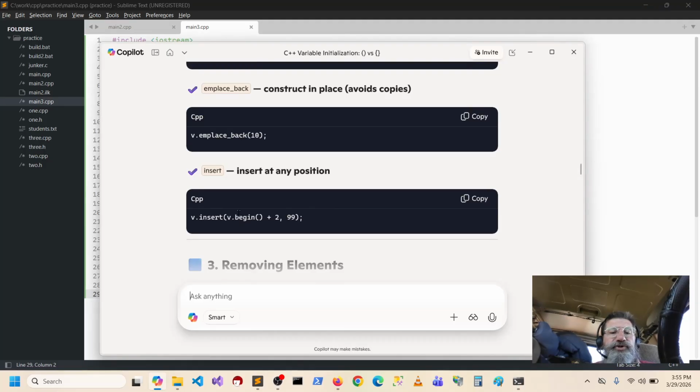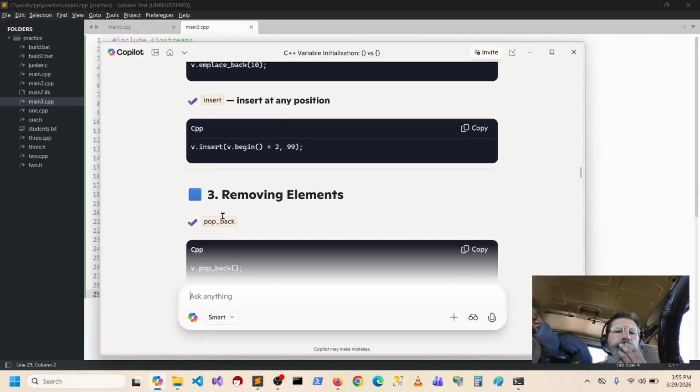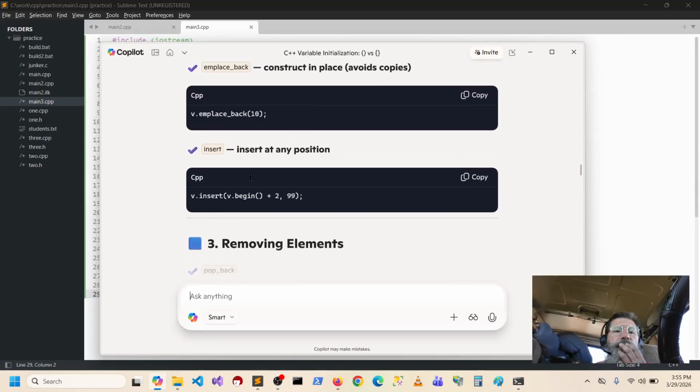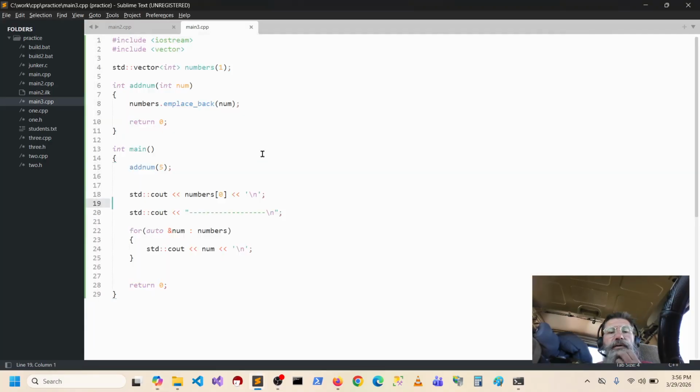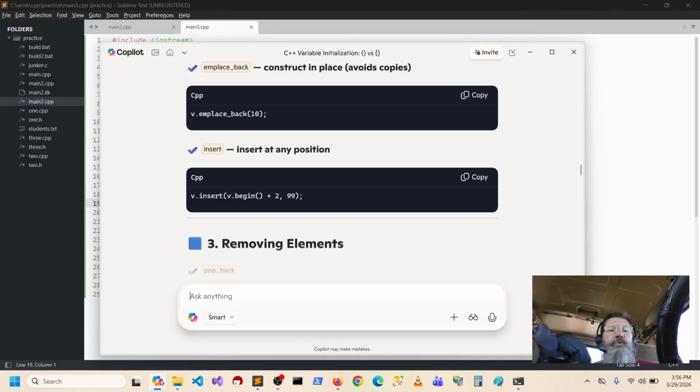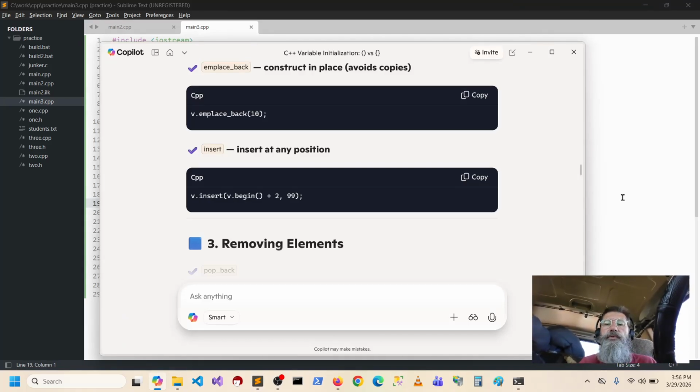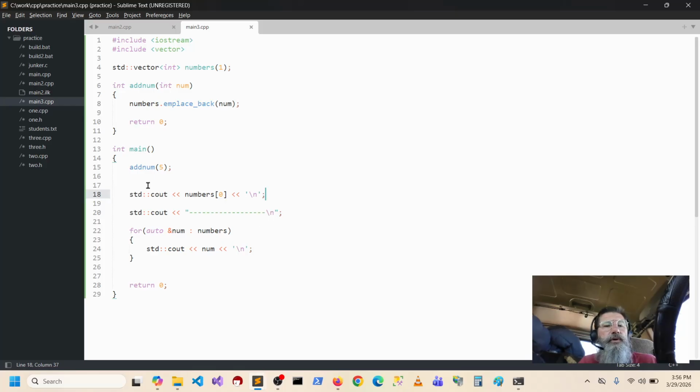Okay, we got an insert. So we could actually, if we wanted to, insert it at that first one, numbers dot insert. So 0, we're going to print 0, blah, blah, blah. Okay, right here.